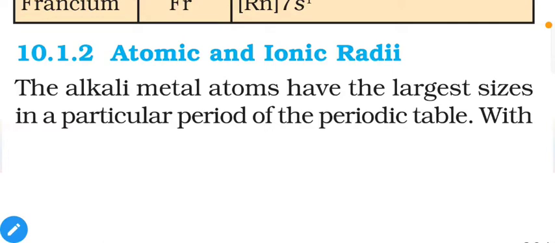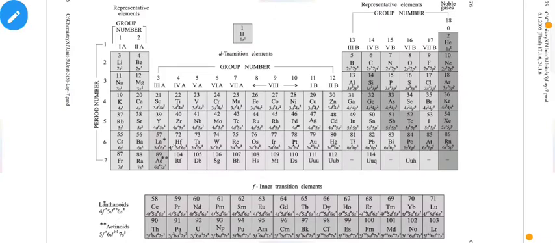So as we move from left to right, with electrons, protons are also increasing, and that's why nuclear attraction increases and it will lead to decreasing size. So all of the elements of the S block, in particular group 1 elements, will be largest in size because they are the first elements of their respective periods. If you check the periodic table as mentioned here, you will notice all the first group elements of the S blocks are the first member of their respective periods.